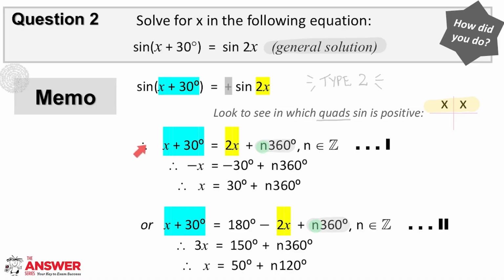So here for the first quad solution, we have x plus 30 equals 2x plus n360, which simplifies to this equation for x. And then the second quad solution is x plus 30 equals 180 minus 2x plus n360, which simplifies to this equation for x. Remember in each case to add n an element of Z. These are the two general solution equations that make up the solution for this trig equation, and what this means